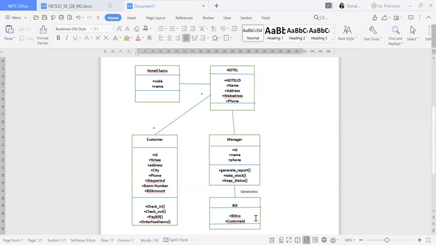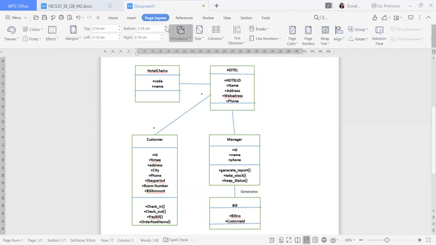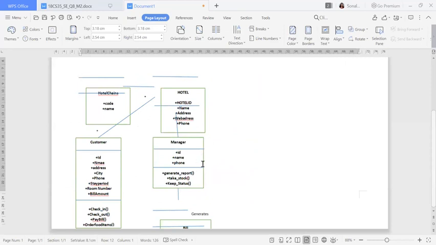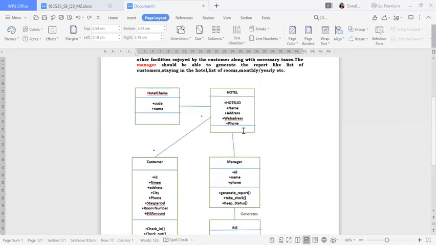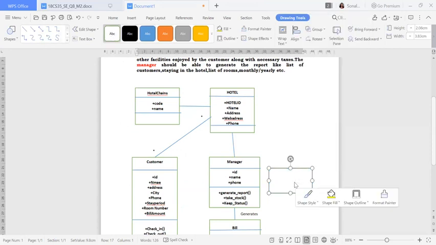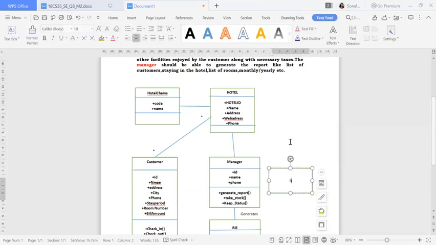So if I want to go for one more as per the question, that is booking, right? I'll make this layout a landscape. Always try to use the landscape layout, because otherwise the paper won't be sufficient. So if it is possible, use the landscape mode. Here I will take it down. So here I now want the booking. Okay, I'll take one more. The manager has to book, so I'll keep it over here, that will be good. So here I'll keep booking. I'll write inside, this is my booking.